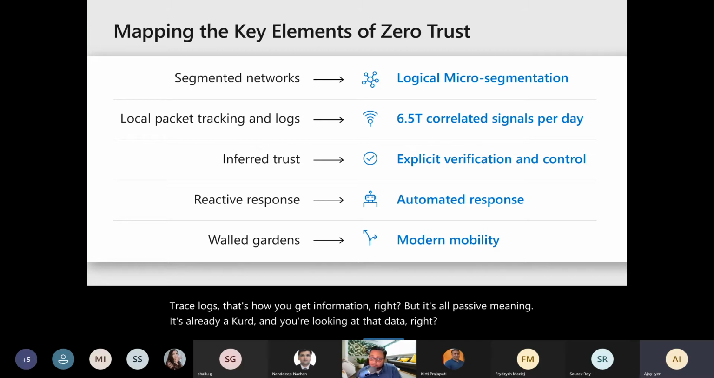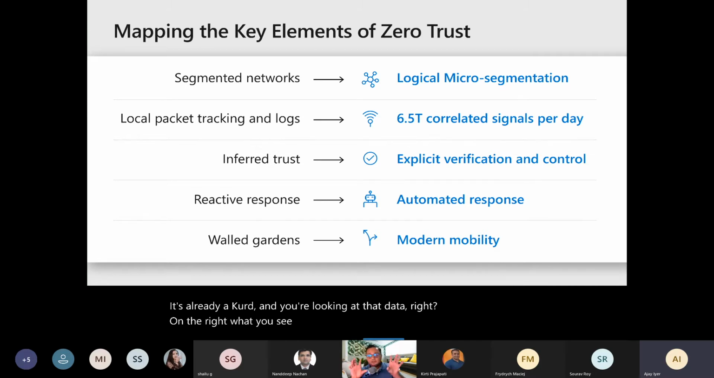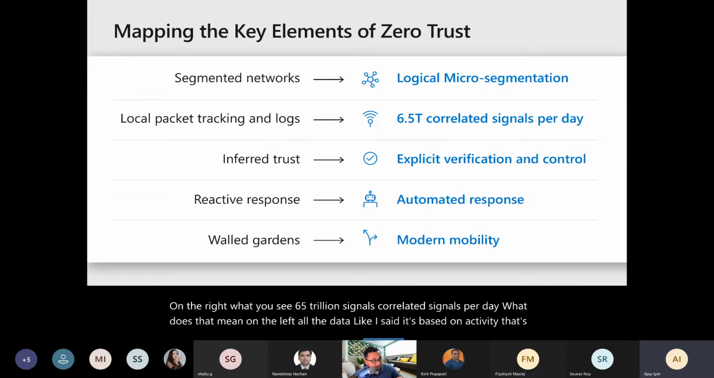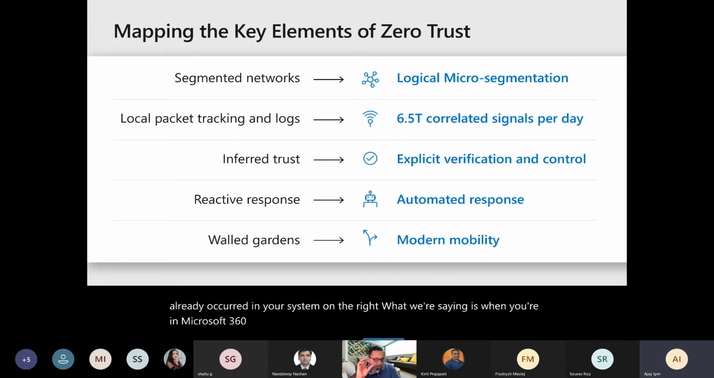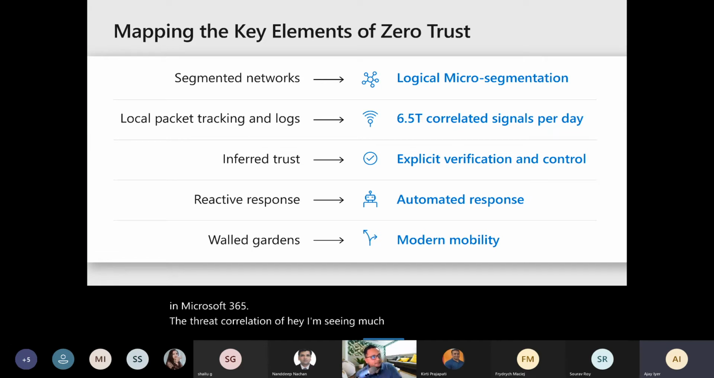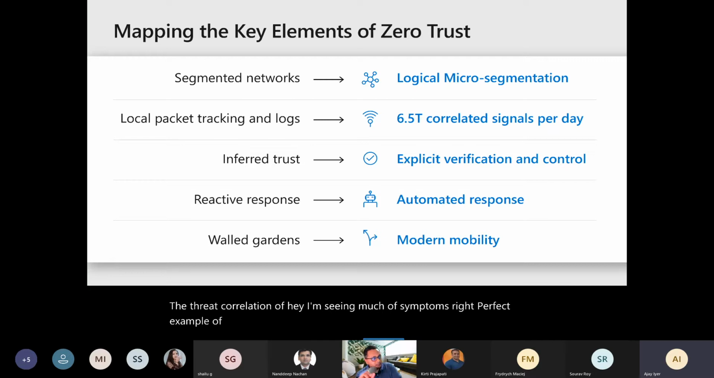On the right, what you see is 6.5 trillion correlated signals per day. What does that mean? On the left, all the data, like I said, is based on activity that's already occurred in your system. On the right, what we're saying is when you're in Microsoft 365, there's threat correlation of, hey, I'm seeing a bunch of symptoms. Perfect example of malware. The symptom would be, I'm going to pick on Shailu. I see your name first in my list. So I'm going to say Shailu is on an average,